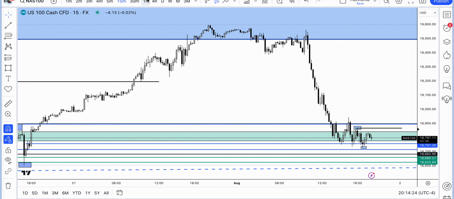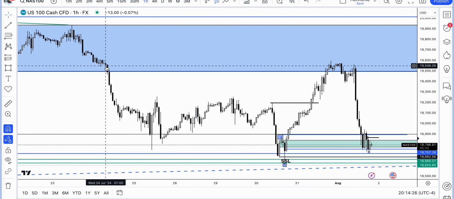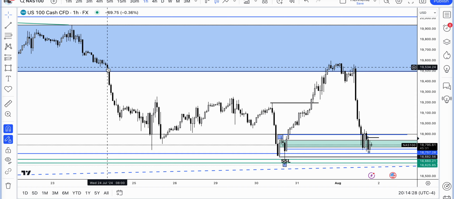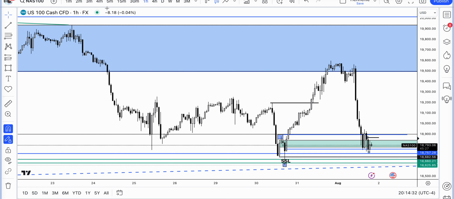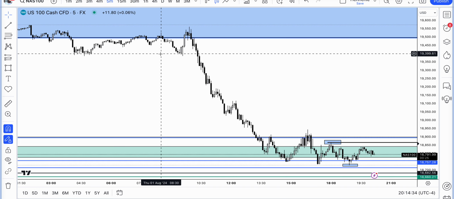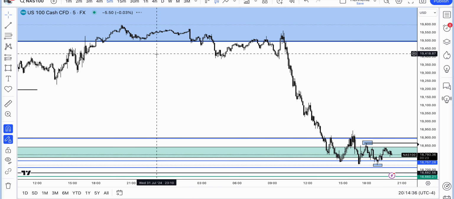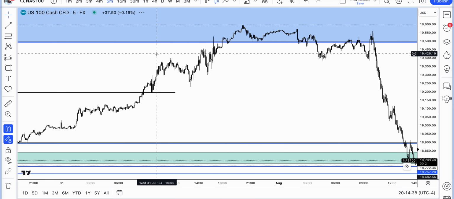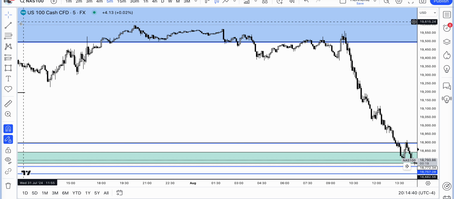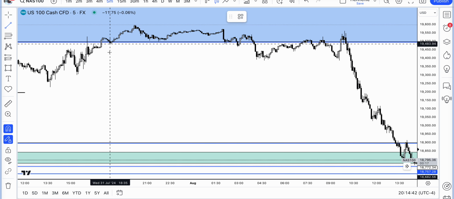What I'll do is I go to the 1 hour time frame. I want to see an inefficiency, and right there you can see an inefficiency on the 1 hour. Price coming in here, I'll be looking for a 5-minute shift in market structure, and right here we go to the 5 minutes time frame, and as you can see on the 5 minutes time frame, we created a low here,